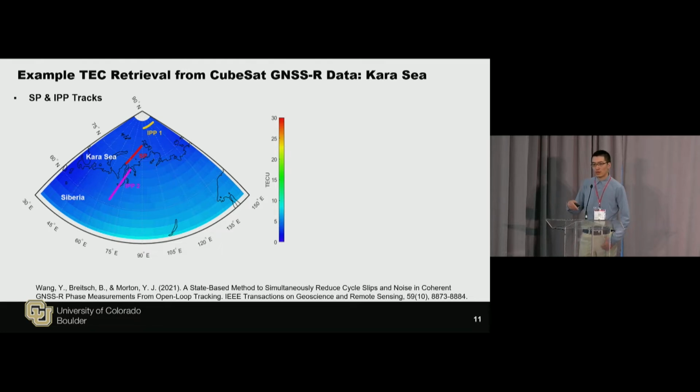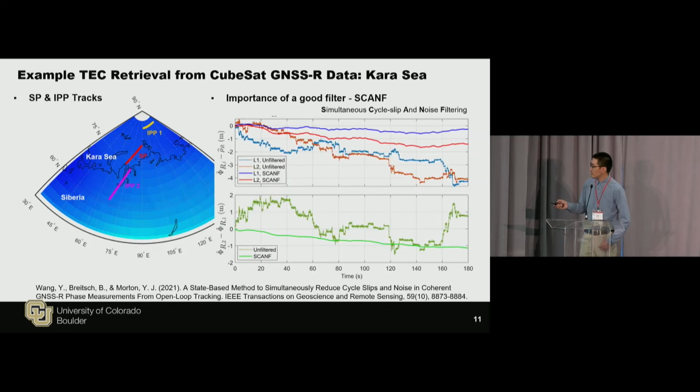And even if we are just looking at the coherent reflection signal, the coherent reflections have various levels of coherence. And usually we are dealing with these kinds of measurements, like these bottom two lines. The carrier phase measurements have very large noise, and this shows a lot of carrier phase cycle slips. It is due to the large noise in signal measurements and outliers. And we have to deal with this issue before using these measurements for the TEC retrieval.